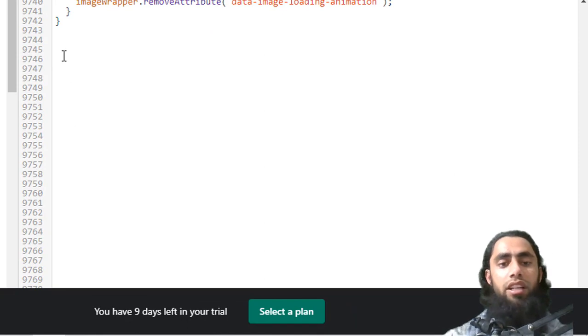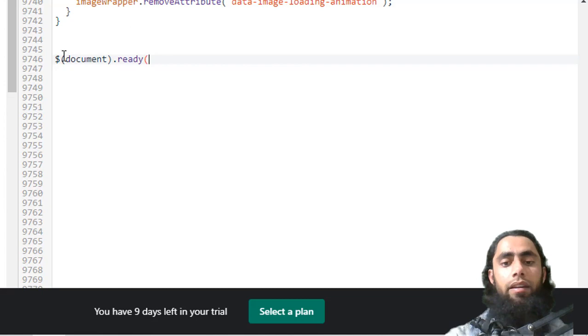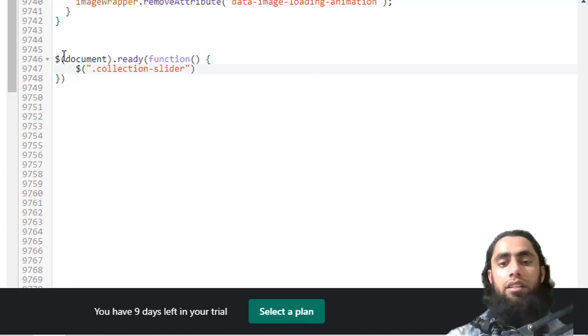So what we have to write here is, first of all, $(document).ready. Inside of this one I'm going to define a function. Then we have a few more things, like $, and inside of this we have collection-slider.each, I mean the each function would be over inside of it,